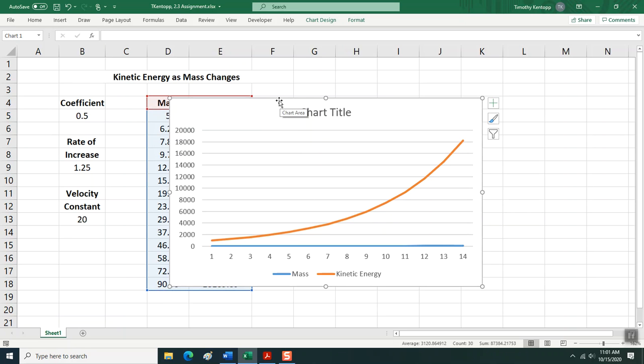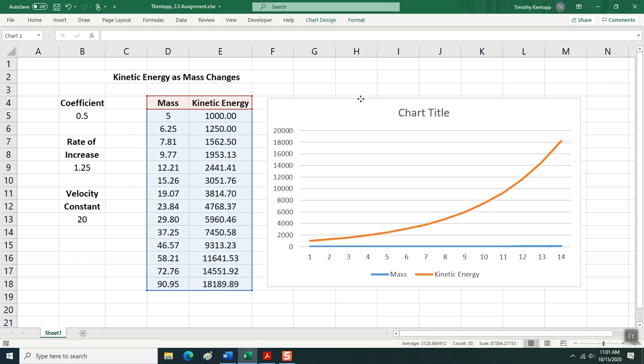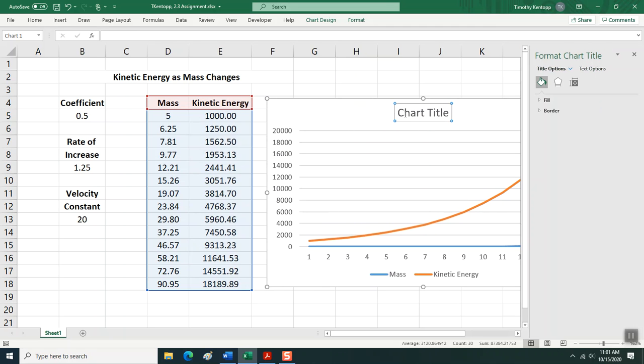It's important that you grab the outer handle, the outer outline of the chart, instead of clicking inside the chart to move it. If you click anywhere else, you'll be moving the chart title. What we want to do is show the result here. We also want to double click the chart title and change it so that it matches,